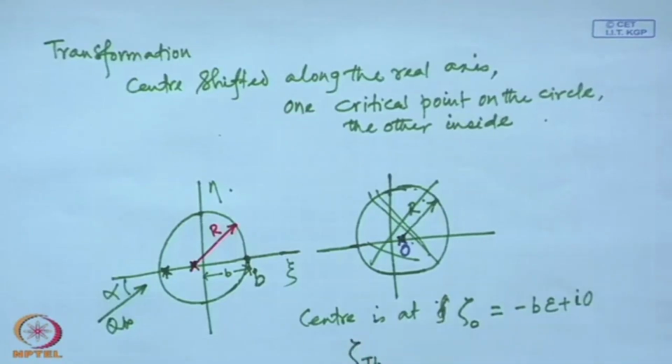So, that zeta trailing edge, that is the coordinate of the trailing edge, is r e to the power i beta minus